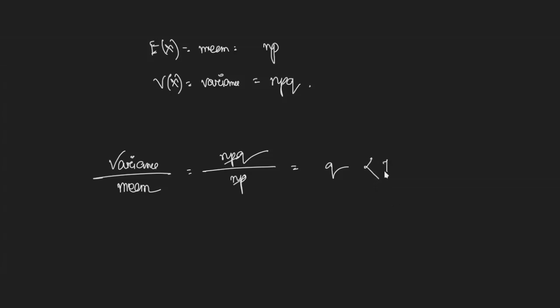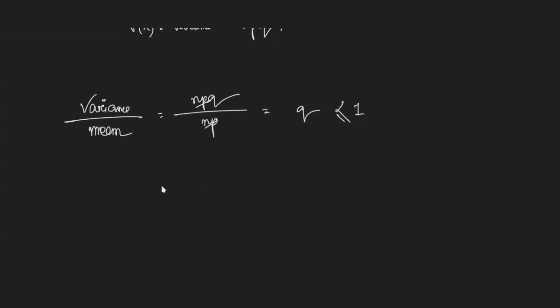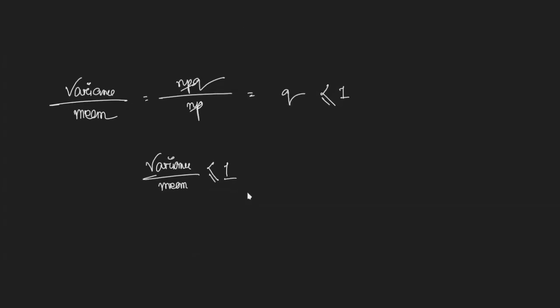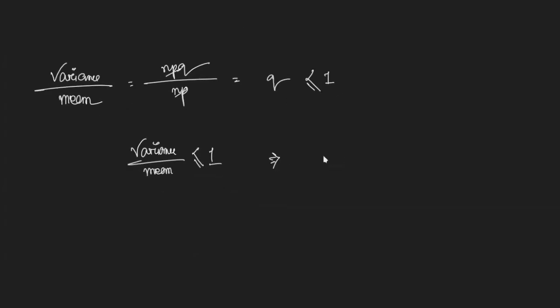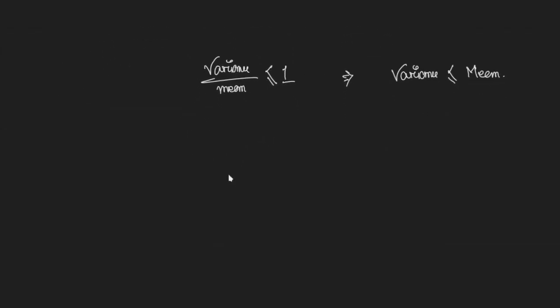Probability has to be less than or equal to 1, right? So it can never be greater than 1. That means variance divided by mean, this ratio, is always less than or equal to 1. If you cross multiply, you will get variance is always less than mean. So it is an important property, so you should remember